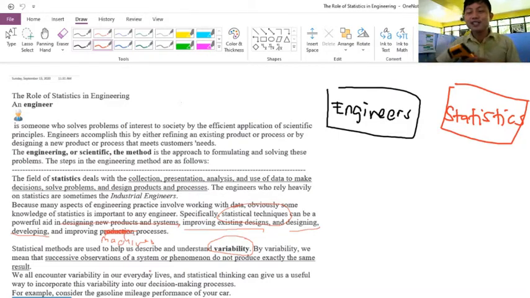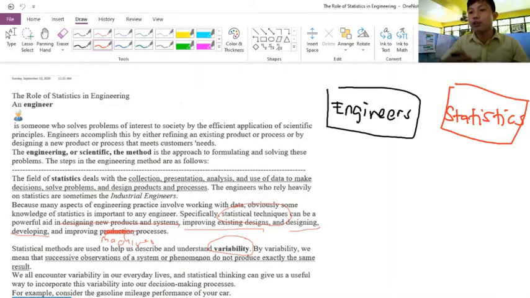Now, the question is, di ba ang dami kong binigay na data sa inyo kanina? Ang daming temperature measures na binigay ko. Ano yung gagamitin natin? So, yun yung tanong na masasagot natin as we go on to the topics. Now, continue. By variability, we mean that successive observation of a system or phenomenon does not produce exactly the same result. So, gaya nung kanina.